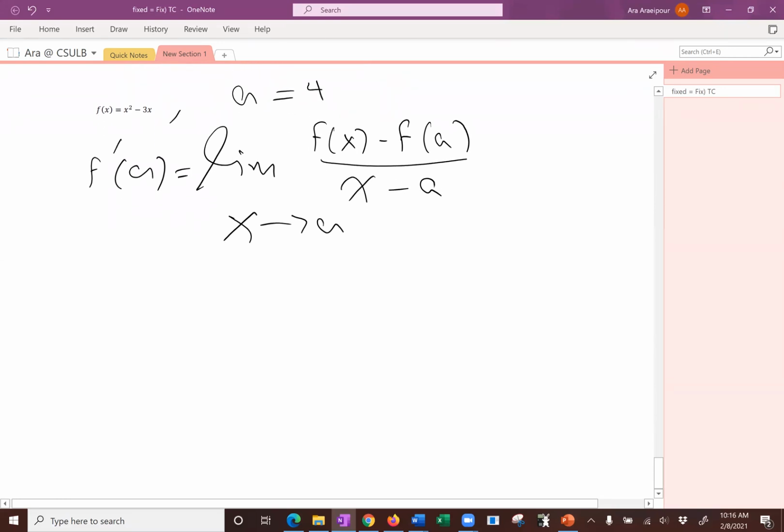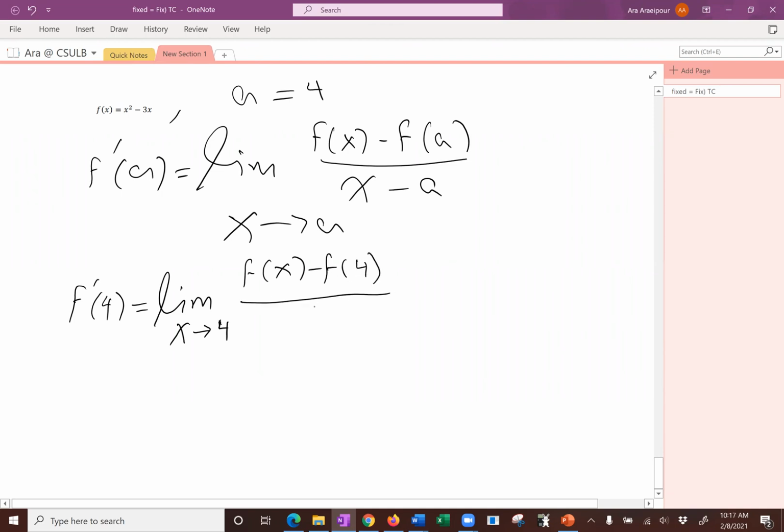So now we are going to change this to f prime of 4 is the limit as x approaches 4. The numerator is f of x minus f of 4, and the denominator is x minus 4, and this is the limit